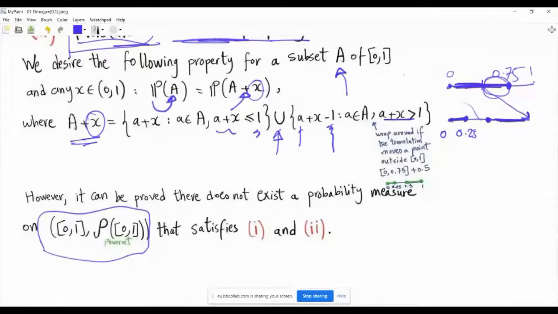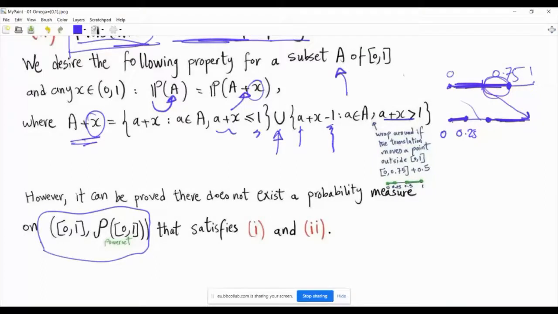This is different from the cases in which big omega is finite or countably infinite. At the beginning of the previous lecture, I said that if big omega is finite or countably infinite, you can just use the power set as your sigma algebra, and you don't even bother about doing a selection of subsets. You just take all possible subsets, and that's it. But here, when we talk about uncountable sample spaces, this is just one impossibility theorem. There is actually a bunch of those telling you